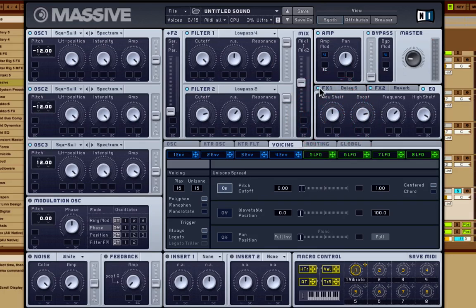So as you can see, with just a little bit of FX and EQ, it really made the sound much bigger and wider, and that's probably the format in which you're used to hearing a Supersaw. So without all that stuff,